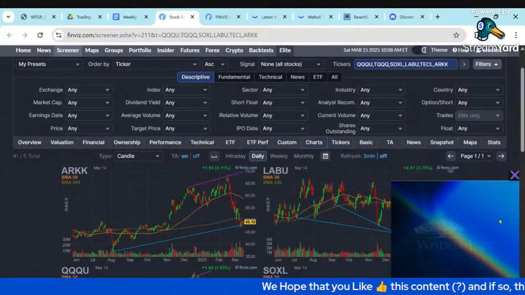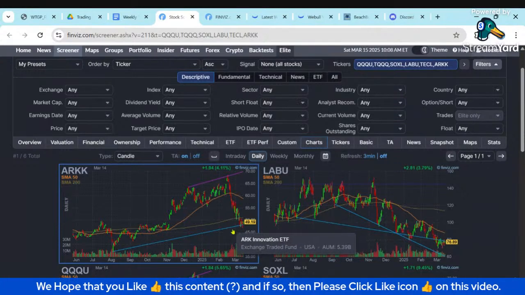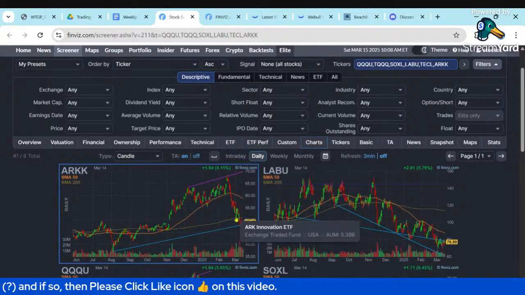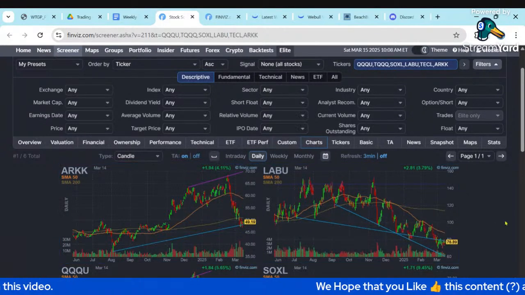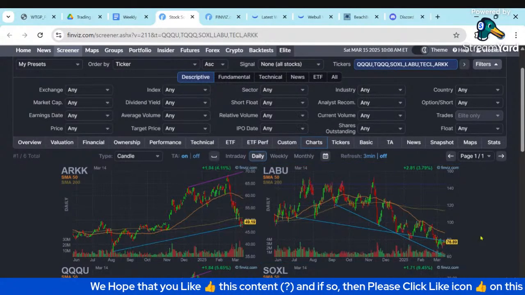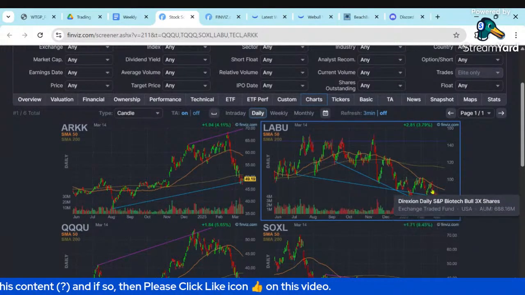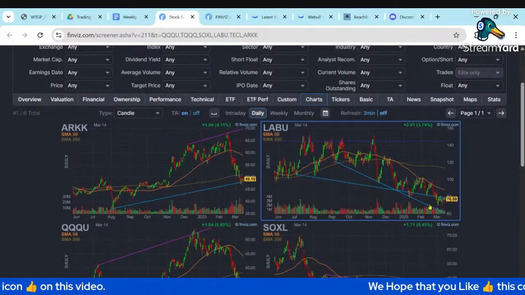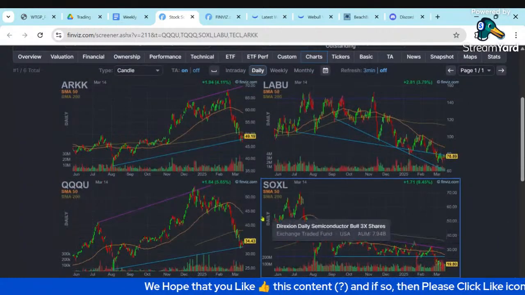If we look at the technology components, you can see ARKK broke down below its 200-day, got some support from that lower trend line, kind of chopping along that lower trend line, with resistance from the 200-day. So expect more lateral chop in ARKK. LABU, biotech, chopping along, resistance on that lower trend line, downward sloping support, downward sloping moving average, again sensitive to interest rates. So if we don't get any cuts, more potential downside in biotech.